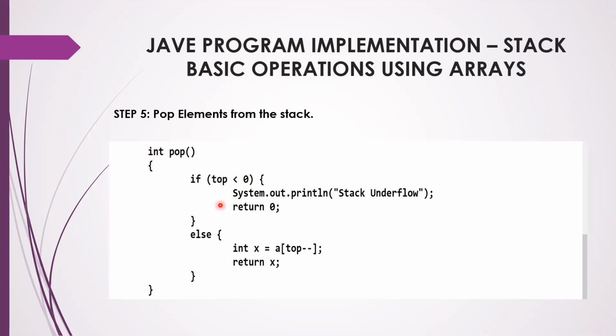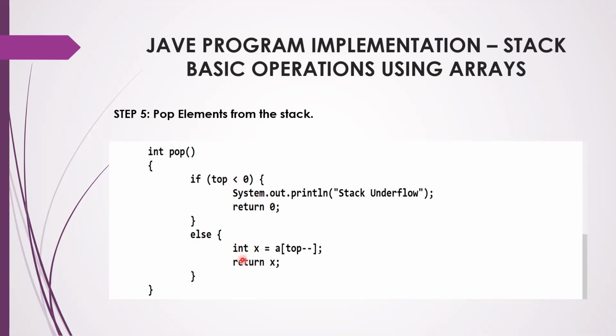So in order to display that, you have to use int for the pop method, and you have to check the condition if top is less than 0. Suppose the top is less than 0, pointing to -1, then it is the stack underflow condition. There is no element inside the stack, so there is no point in doing a pop operation. So beforehand, you have to check for the underflow condition, and you have to return 0, indicating false, and there won't be any pop operation occurring.